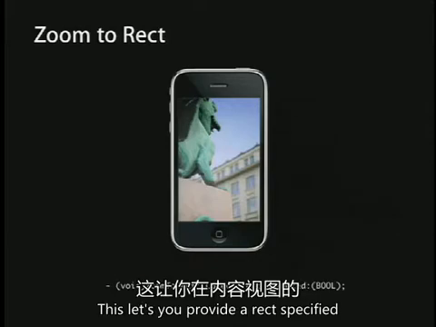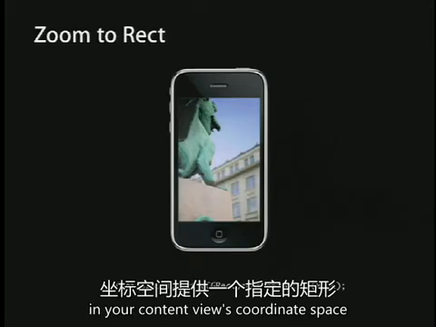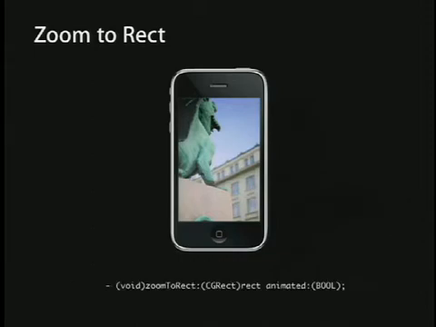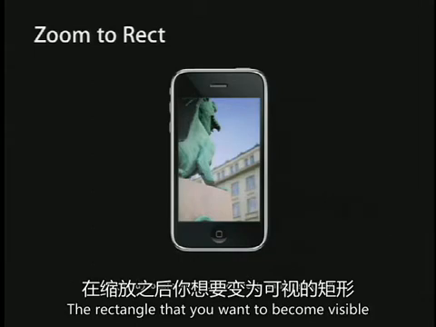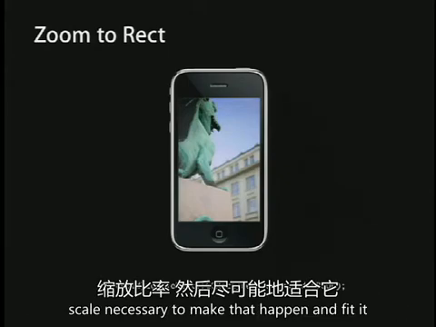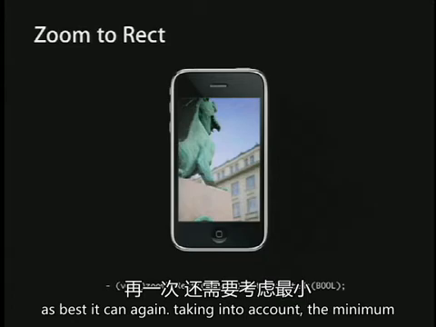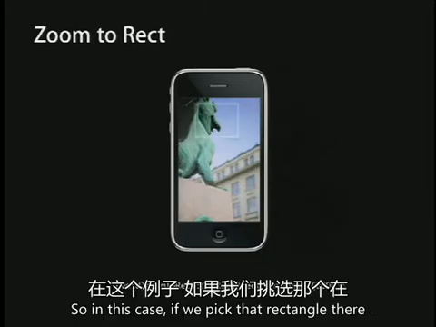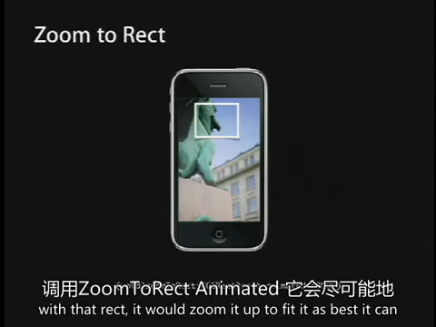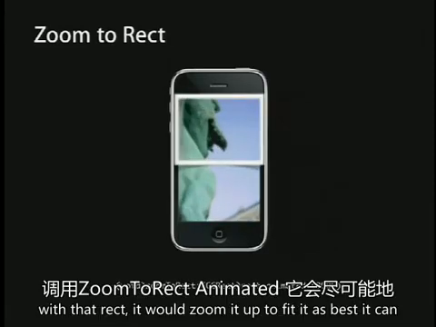This lets you provide a rect specified in your content view's coordinate space, so some rectangle inside the bounds of your zoom view. The rectangle that you want to become visible after the zooming, and scroll view will calculate the zoom scale necessary to make that happen and fit it as best it can, again taking into account the minimum and maximum zoom scale. So in this case, if we picked that rectangle there around the dragon's face and called zoom to rect animated with that rect, it would zoom it up to fit it as best it can within